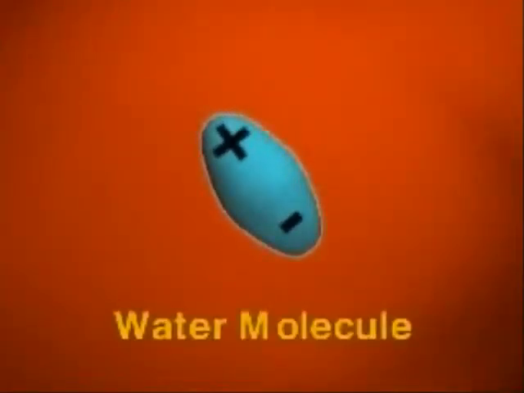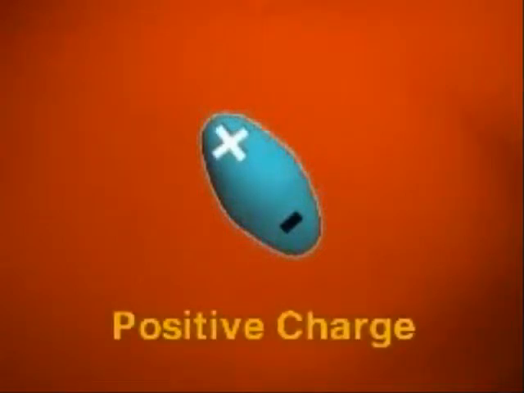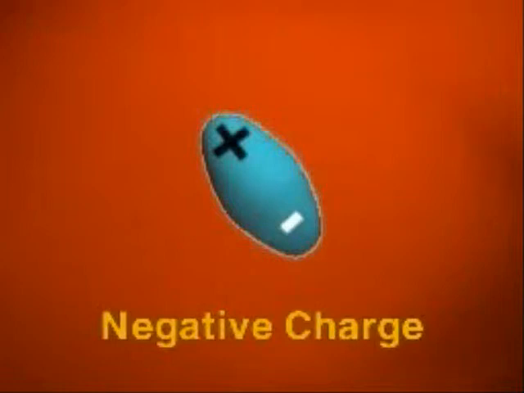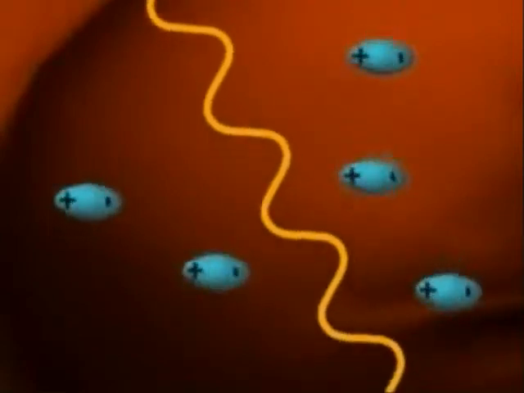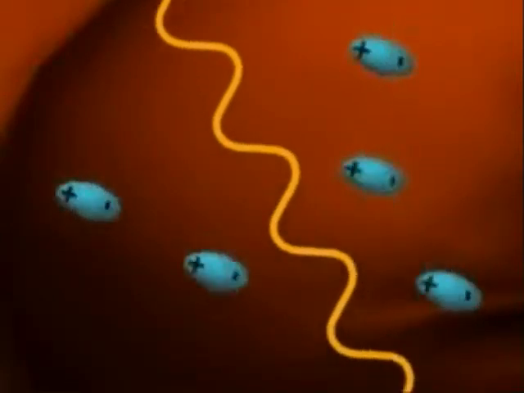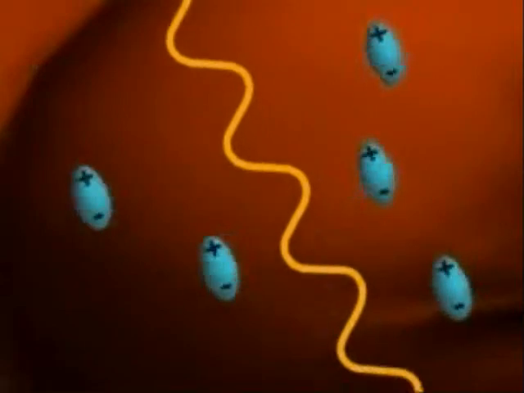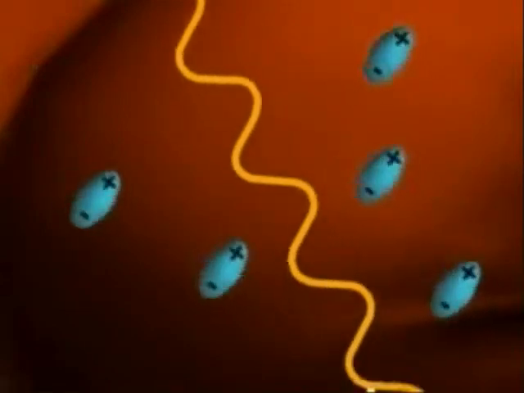Water molecules, which are contained in most foods, are dipolar. That is, they have a positive electrical charge at one end and an equal negative charge at the other. These dipolar molecules act as tiny magnets, and as microwaves pass into the food, the molecules are pulled first one way, then the other, by a magnetic field created by the waves.